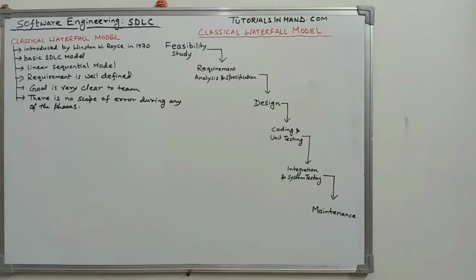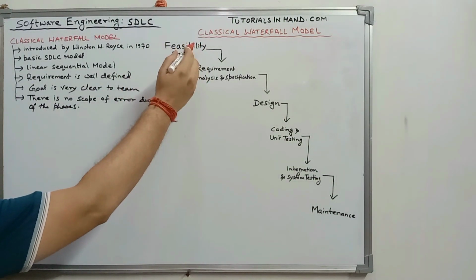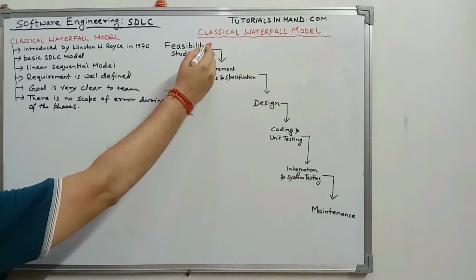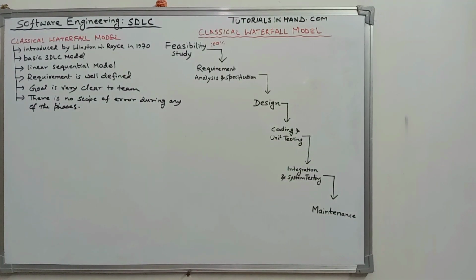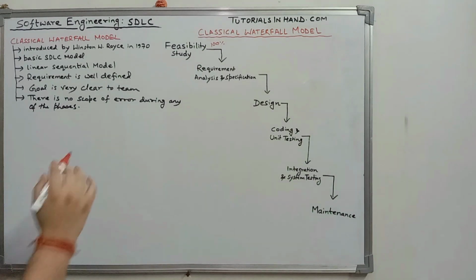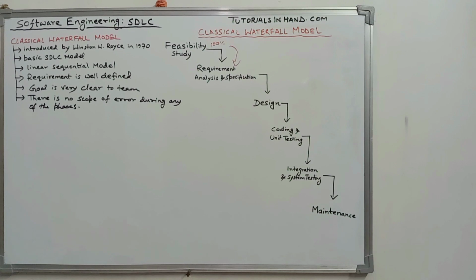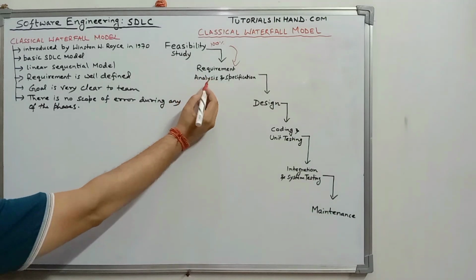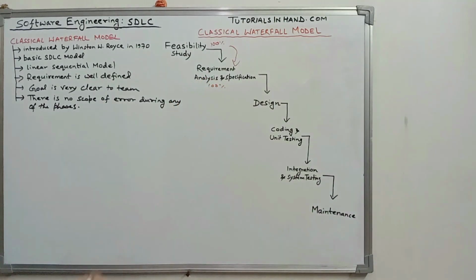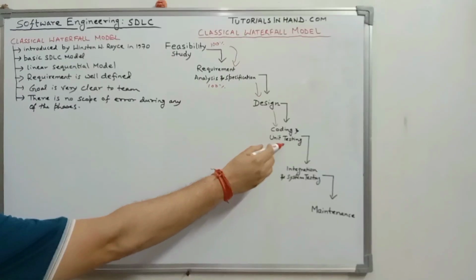What I mean to say is, when we consider the feasibility study, if everything is done perfectly, that means we have completed 100% of the feasibility study and have confidence that each and everything is perfectly fine, only then will we move to the next stage, that is the requirement analysis and specification phase. The same is the case for the requirement analysis and specification phase. Once it is clear that this phase is also 100% done, only then will we move to the design phase, and similarly for each and every phase.